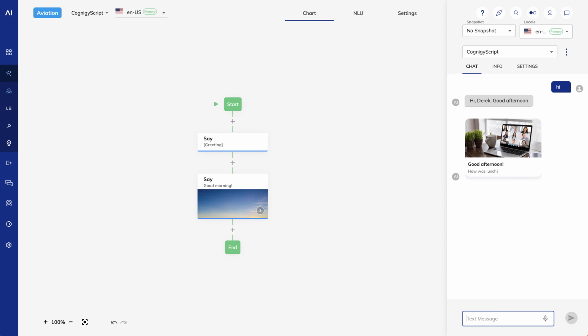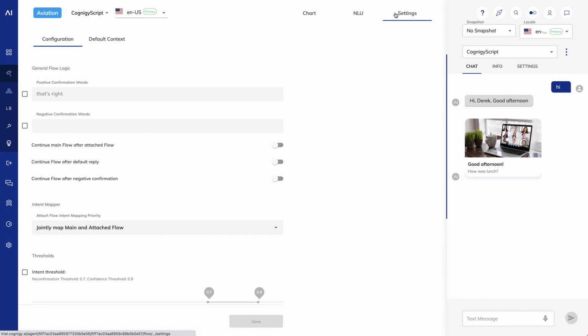Here's what we can do. We can store the message in the default context, a topic we haven't covered yet. The default context is a set of context values that are available automatically when a conversation is started. In other words, they let you pre-populate the context. You can access default context values like any other context value. To find the default context, go to the top of the flow editor and select Settings. Then click on the Default Context subtab.